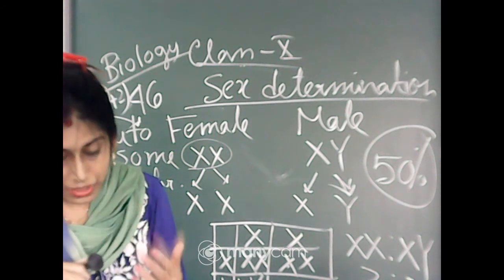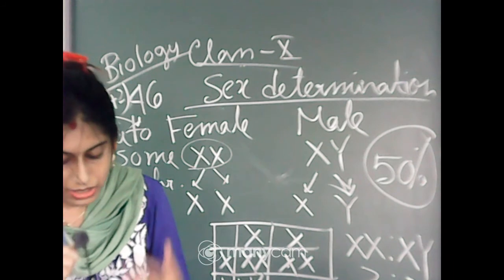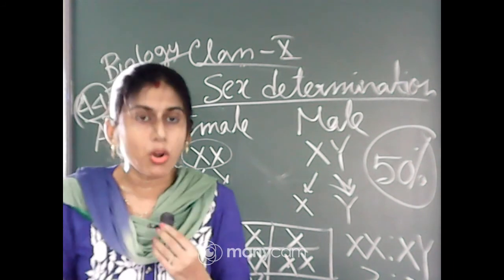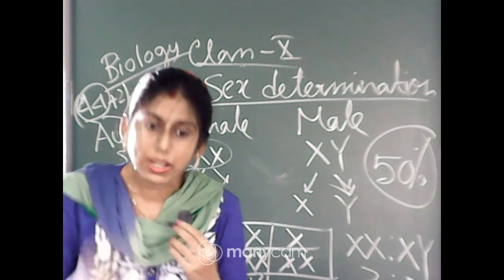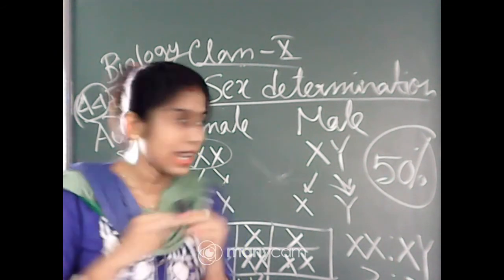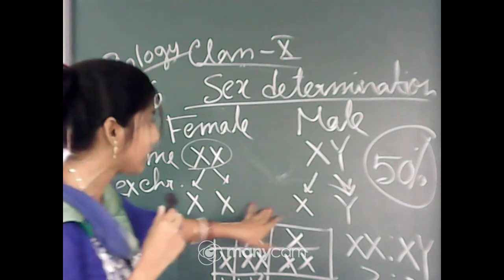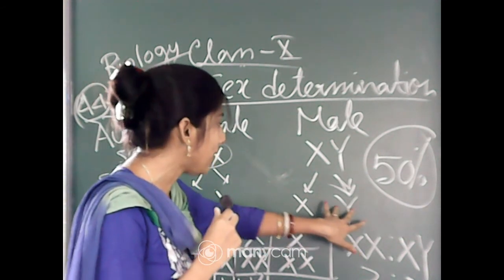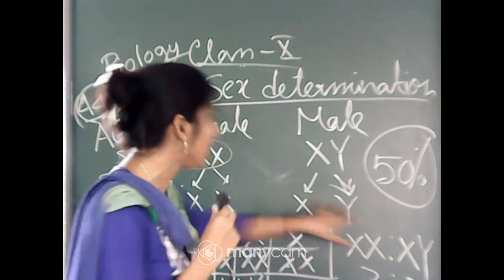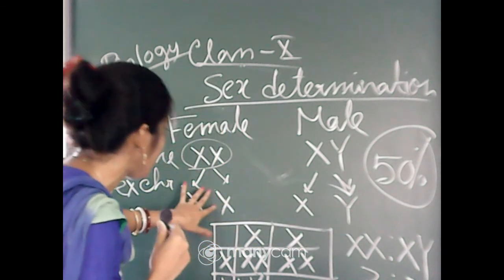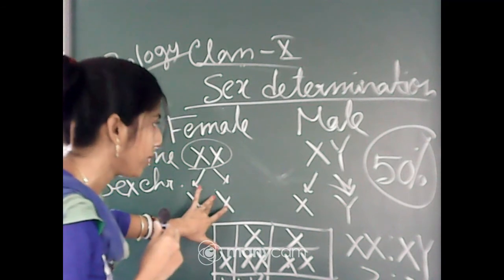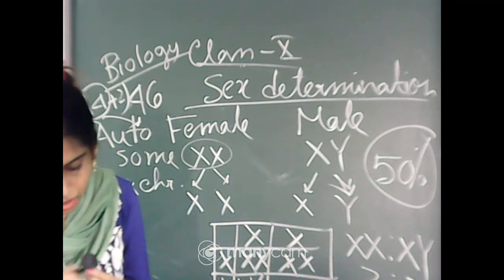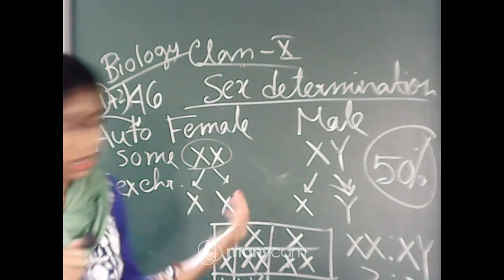I am repeating that this is inherited from the father. A child who is a boy will inherit the Y chromosome from the father and the X chromosome from the mother. It is fixed, because boys will always have a Y chromosome, which they get from the father, and it is fixed that from the mother they get the X chromosome. That is how sex can be determined in the case of human.